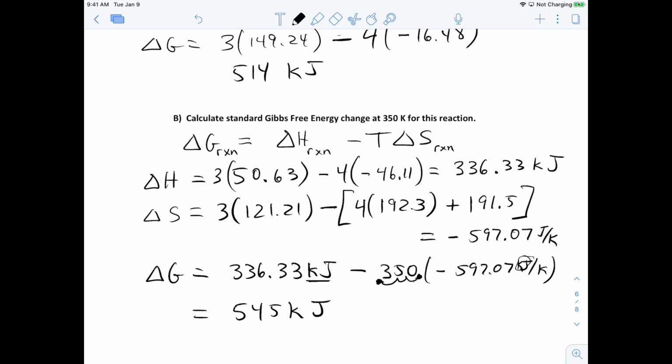So from 298 to 350, it went from 514 kilojoules to 545 kilojoules. It changes with temperature. Okay,